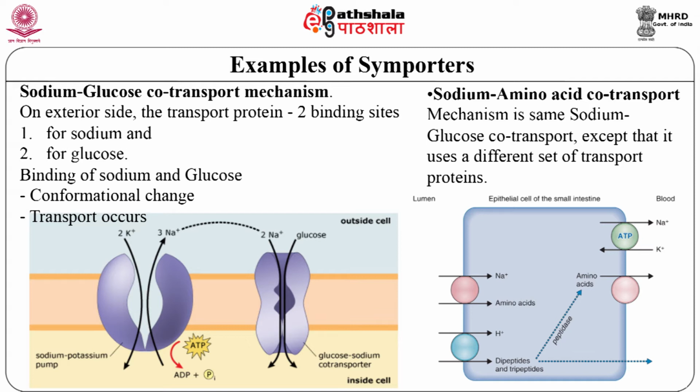All the cotransporters do not utilize Na+ as driving ion. Some use existing proton electrochemical gradient too. Example is H+ oligopeptide transporter, which is found in the small intestine. It couples the downhill movement of H+ across the plasma membrane to uphill transport of dipeptides and tripeptides into the cell against the concentration gradient.